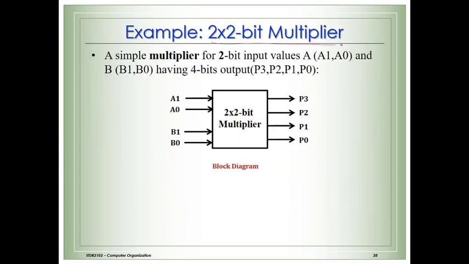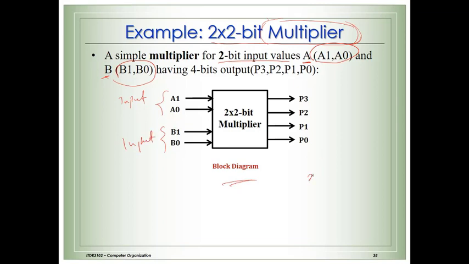Now here we are going to discuss the multiplier. We discussed the adder, now we are going to discuss the multiplier. So here this is the block diagram. For example, let's assume a simple multiplier with 2-bit inputs. So input A is of 2-bit size, and another input B is also of 2-bit. So here this is input 1 and this is another input.